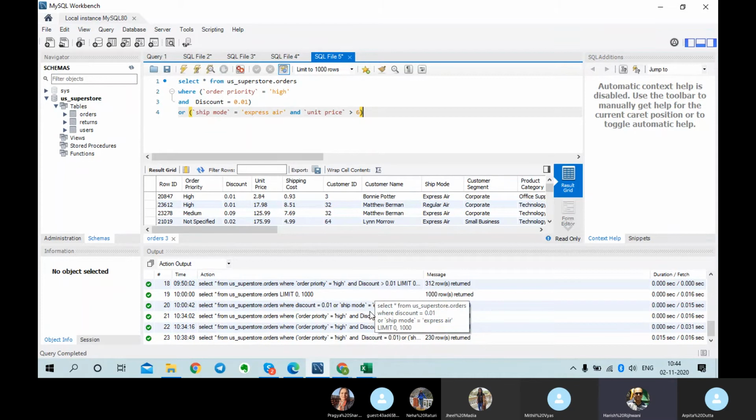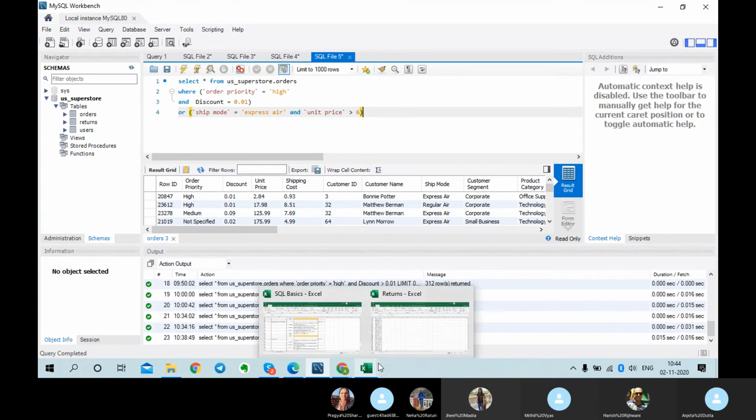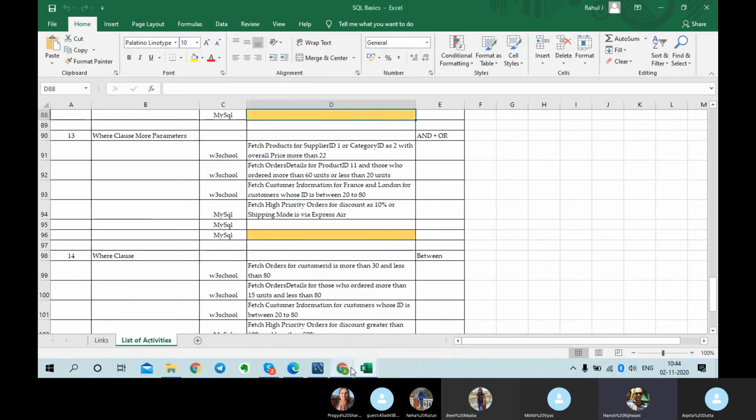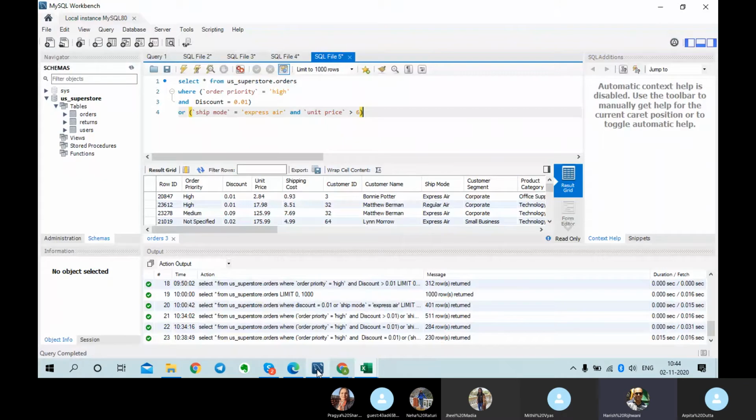So your brackets are in the wrong place in a way. If you read the question, you have to fetch high priority orders for discount as 10% or shipping mode via express air. Because the first two questions are correct. The unit price.